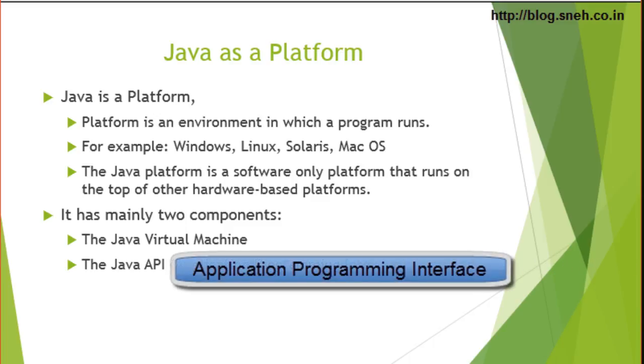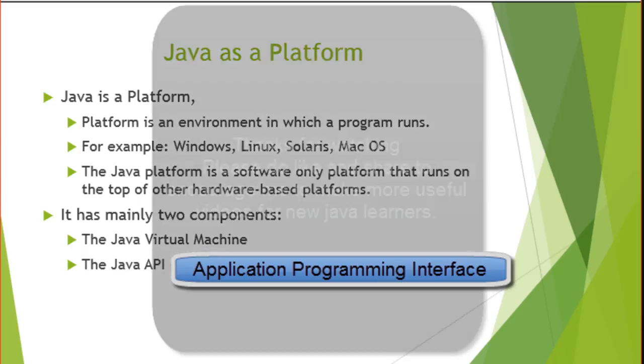The Java API is the next component. Actually, some basic software components are required in order to develop an application. API stands for Application Program Interface, a large collection of ready-made software components that provides many basic useful capabilities. It is packaged into related classes and interfaces and can be further used by developers to develop an application as per the client's requirement.